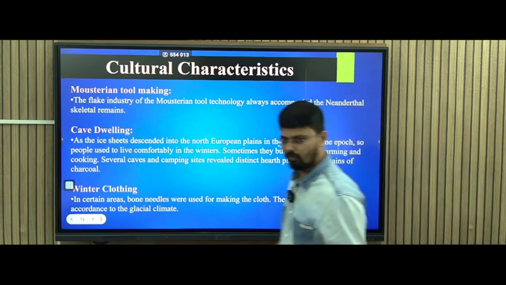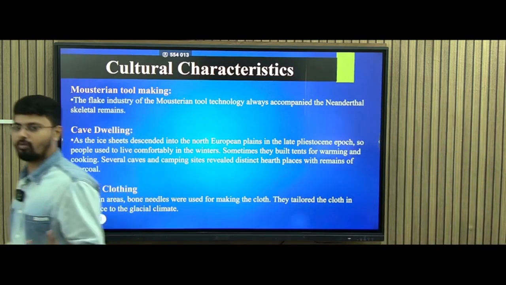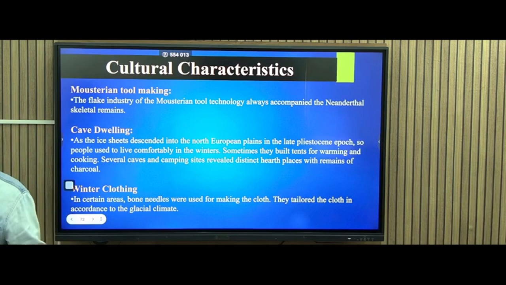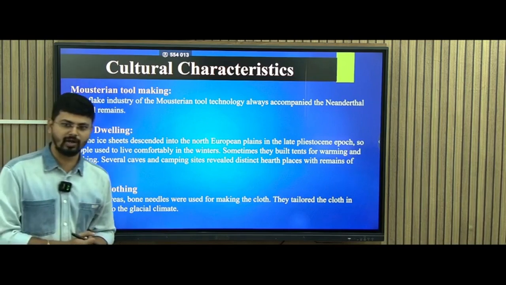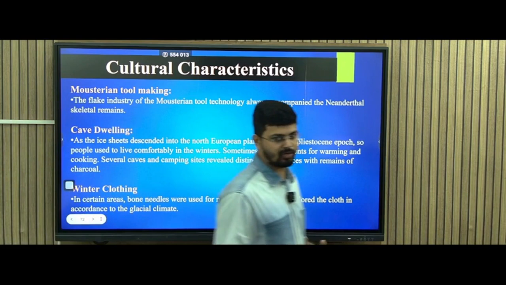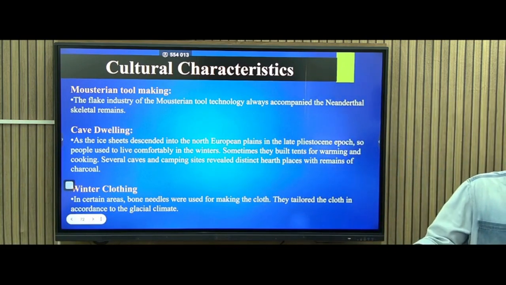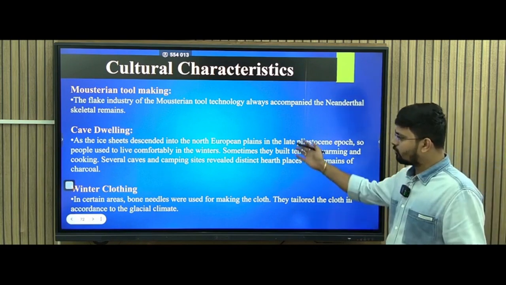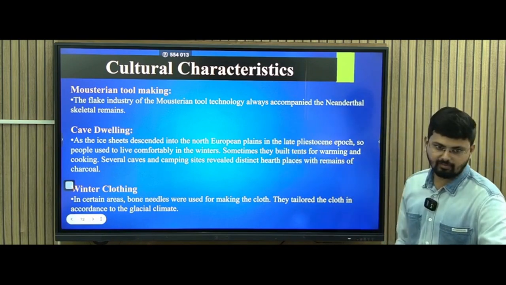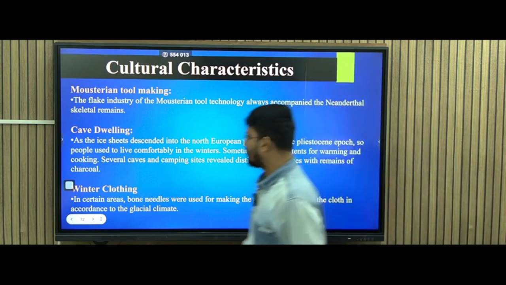What was the earlier Homo habilis tool? It was the chopper, chopping. Then you have hand axes in Homo erectus. Now you have the flake tool tradition, that too, some Mousterian technique. Next, Mousterian technology. Then you have cave dwelling, right? So